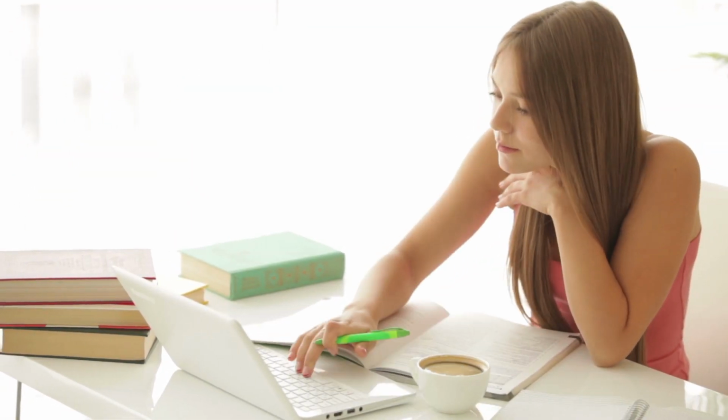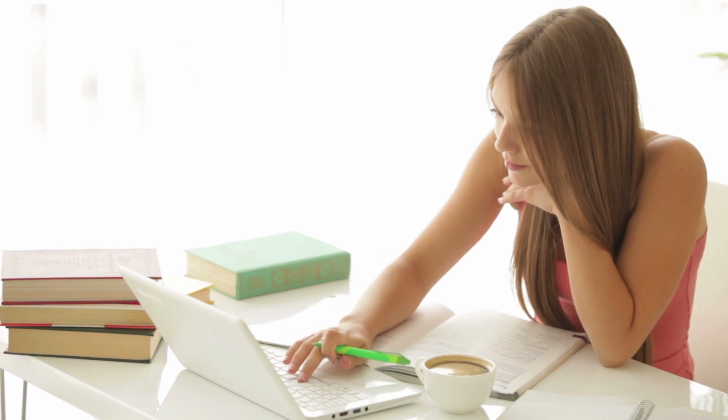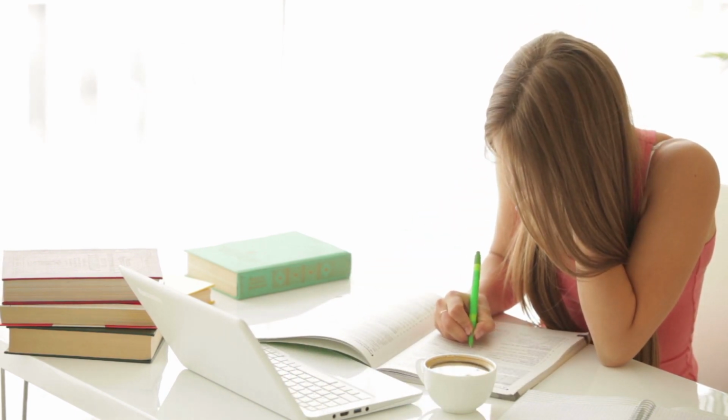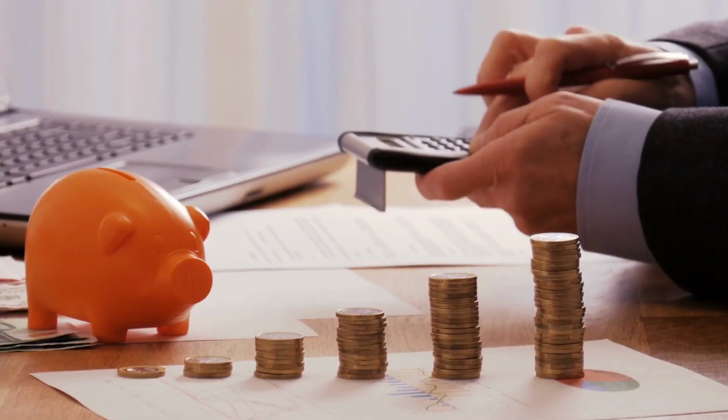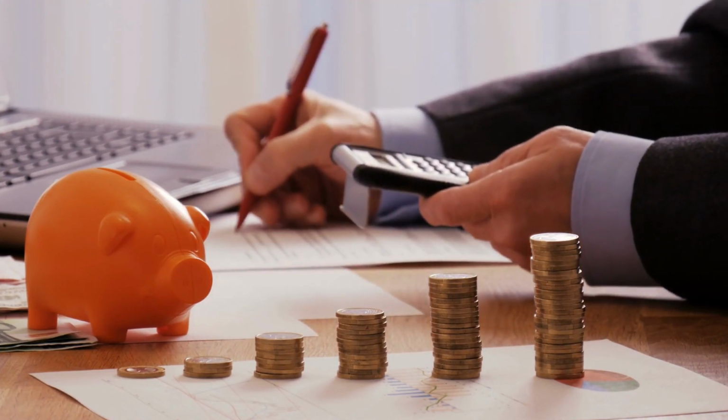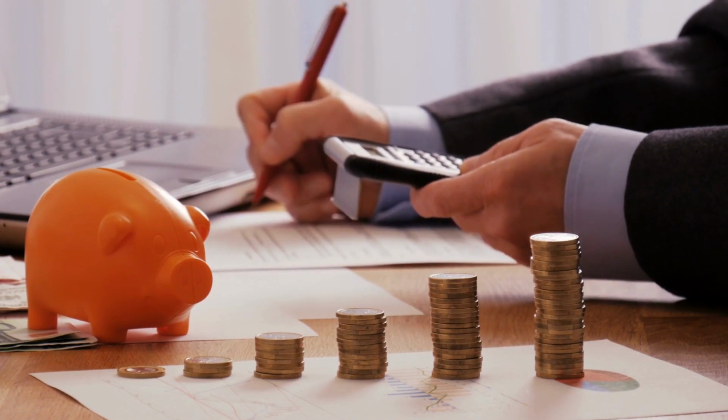Step 3. Set financial goals. Once you have a clear understanding of your income and expenses, it's time to set financial goals. These goals can be short-term or long-term, and they should be specific, measurable, achievable, relevant, and time-bound, SMART. Examples of financial goals include saving for a down payment on a house, paying off credit card debt, or building